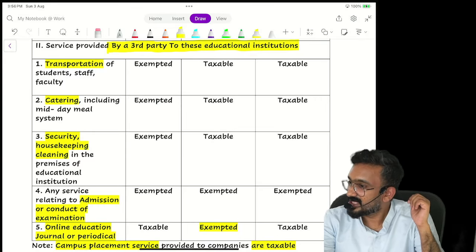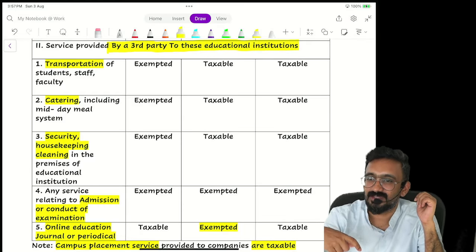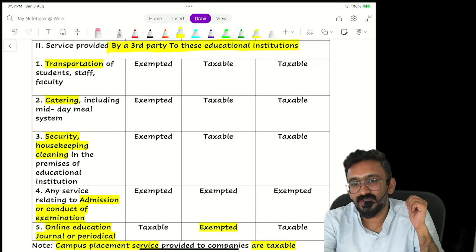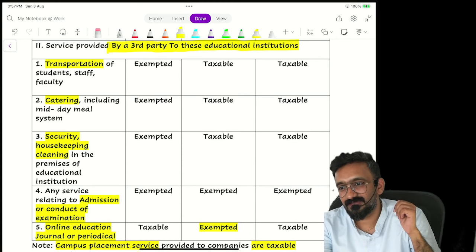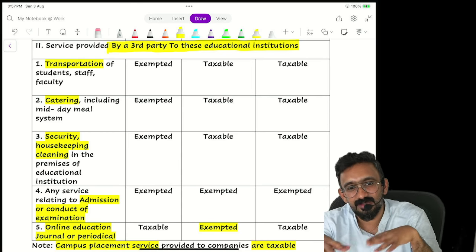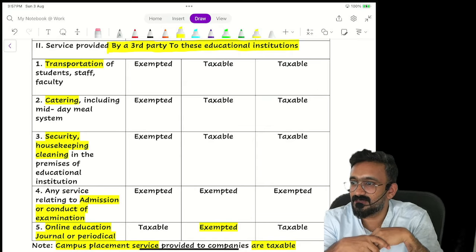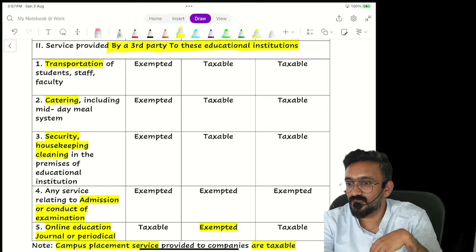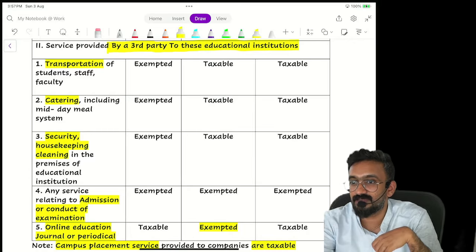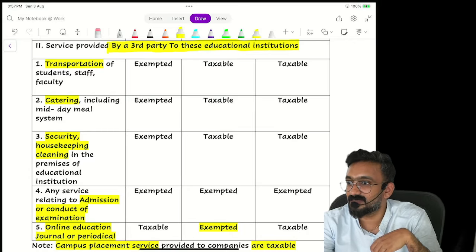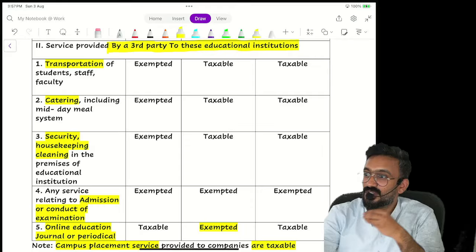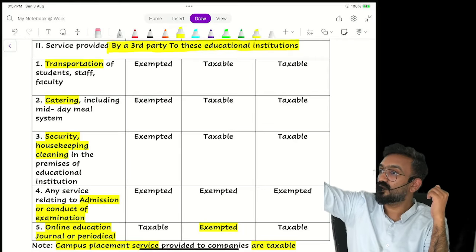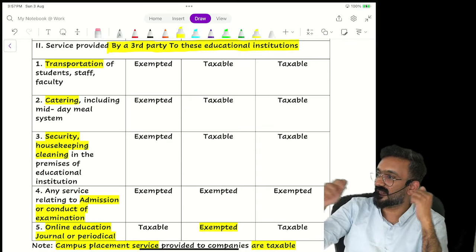With me? Suppose I'm a third party caterer. I am the one who's running this canteen for Loyola College. Loyola College gets the money from the students. Loyola College pays me 1 lakh rupees for catering. I'm only supplying food. Would it be taxable or exempt? Taxable. Don Bosco school is giving food to the students and I am only giving food to Don Bosco school. Taxable or exempt? Exempt. Are you understanding the difference? So it should be by any third party to a first category educational institution. Catering is exempt.